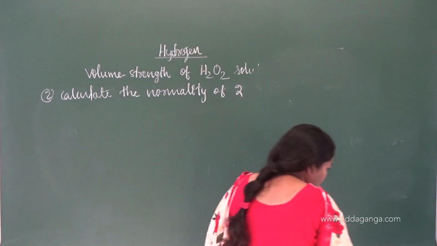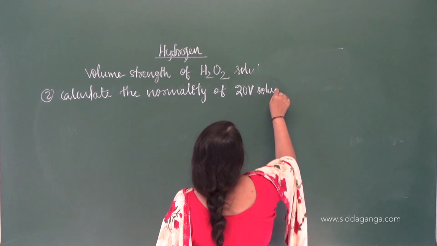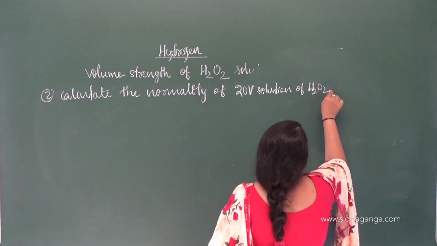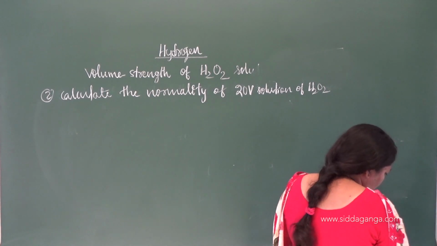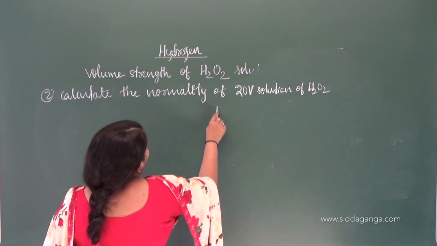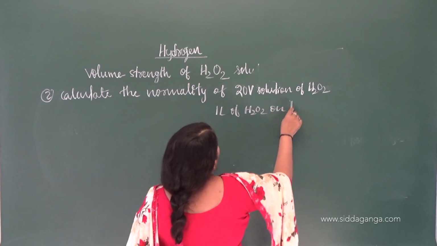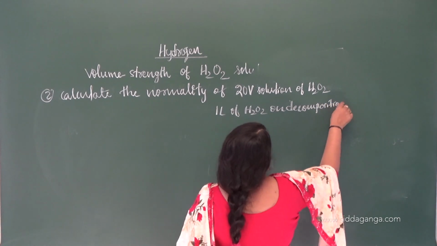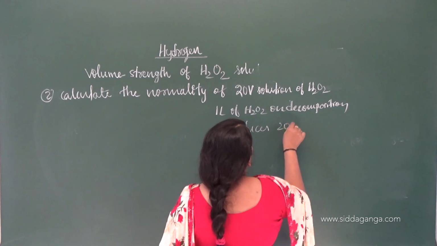So that is 20 volume solution of H2O2. First you should know what is the meaning of 20 volume. So 1 liter of H2O2 on decomposition produces 20 liters of